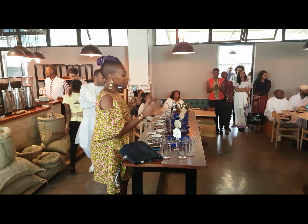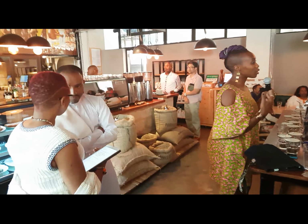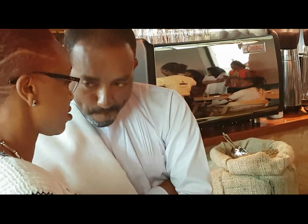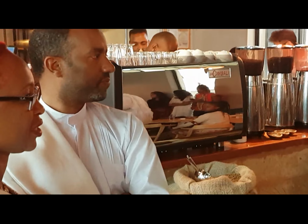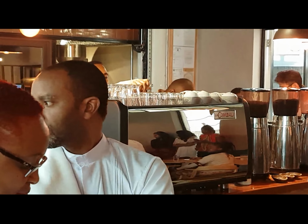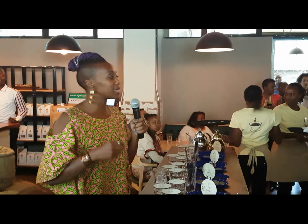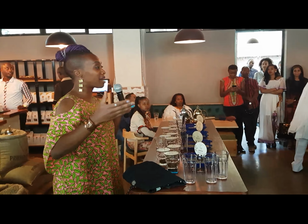Once we evaluate the green beans, we then do a sensory analysis of this coffee, and sensory analysis starts once you roast the sample of the coffee, it goes through grinding, and then we also evaluate different aspects of the coffee, starting with the fragrance, the aroma, the acidity, the body of the coffee. And there's a sheet that we have which